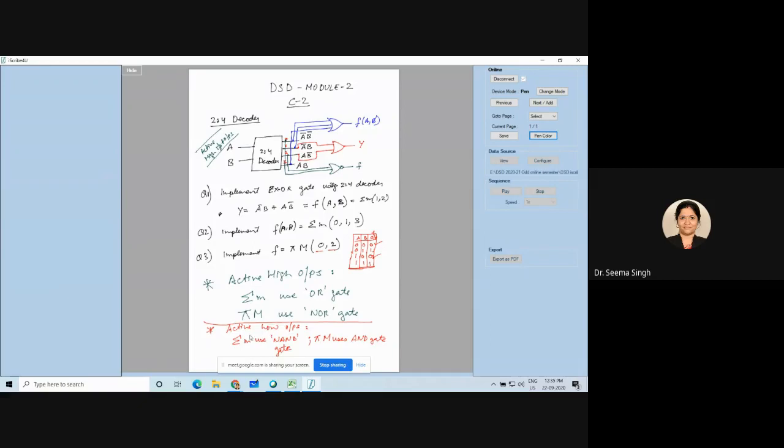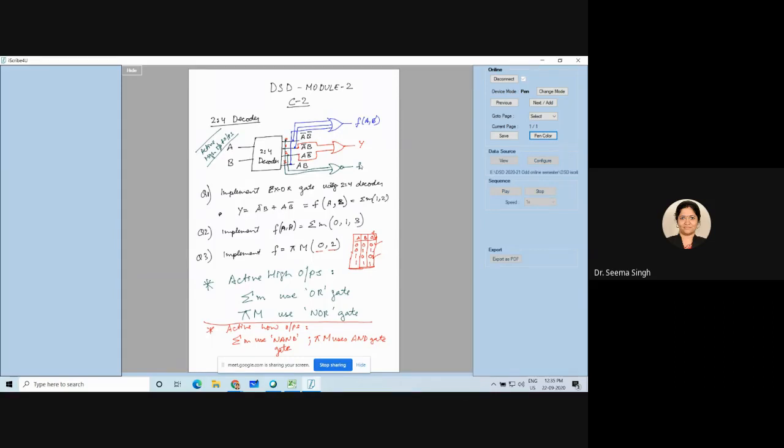Now I had told you to analyze this one. For active low output, you will have to see when my outputs are low. If I put a NAND gate at that time, will I get a high for minterm? When I use an AND gate, will I get a 0 for maxterm? That you will have to analyze. Okay. So all of you should understand this now. Now, the next thing I want you people to understand is, write the question now.